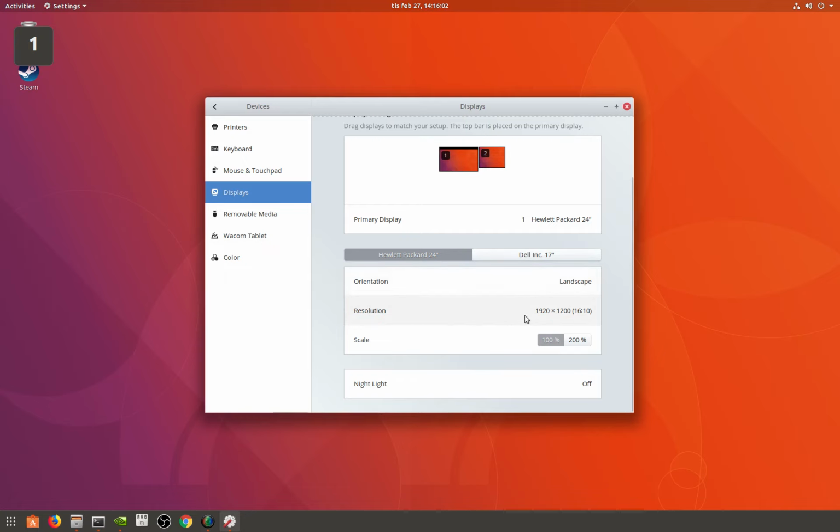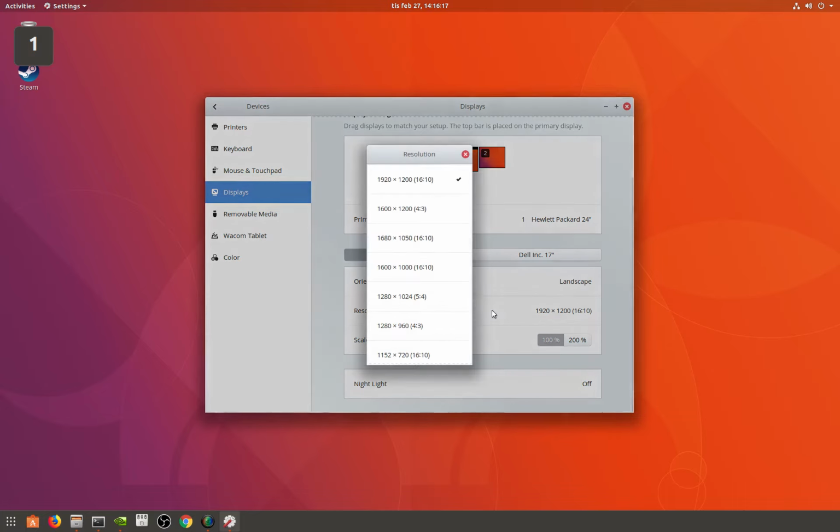And you see my 24-inch here, the native resolution on these monitors is 1920 by 1200. So the aspect ratio is 16 by 10 instead of 16 by 9. And you can actually click here resolution and you get a couple of options. And you can see here that there is no 1080